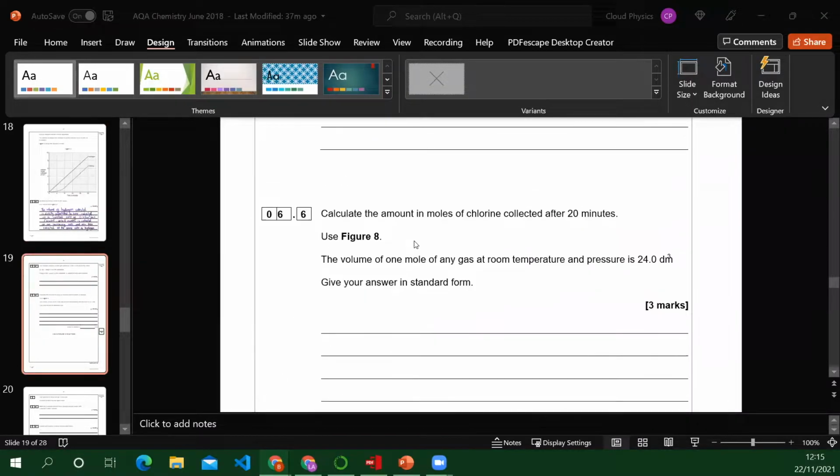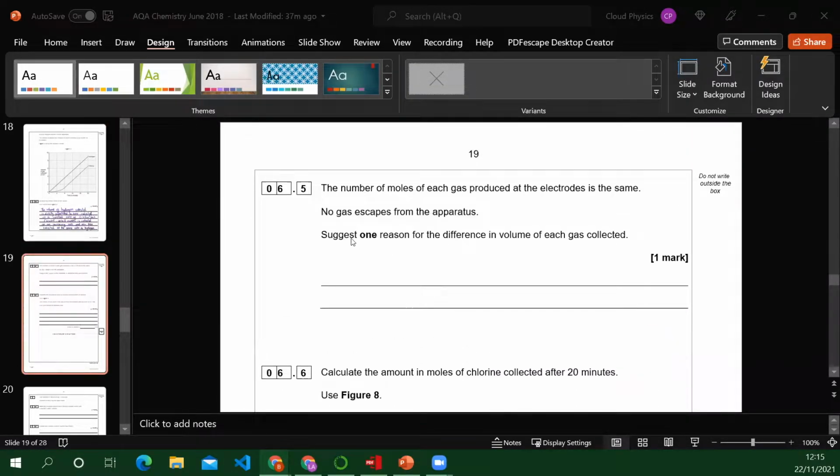So, not quite on to calculate yet. Suggest one reason for the difference in volume of each gas collected. More hydrogen was collected. Let's start with that. So more hydrogen was collected